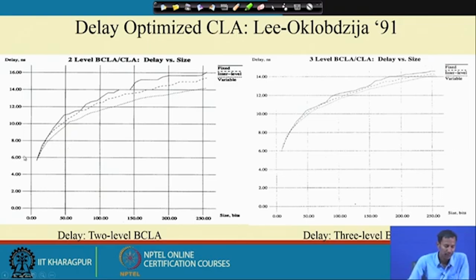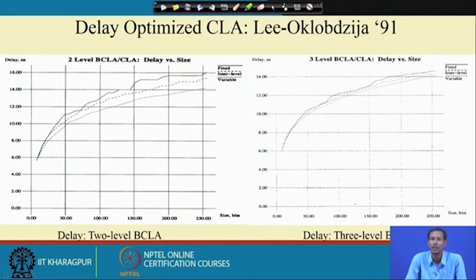So, if you see that for fixed level CLA, for 6 level CLA the delay follows this particular curve,